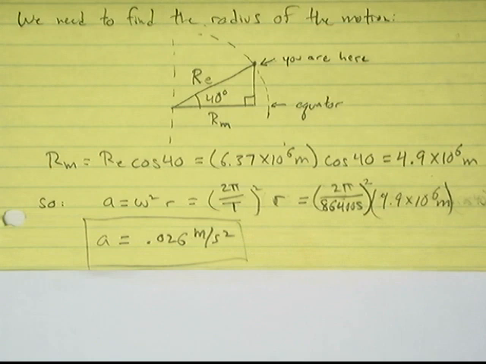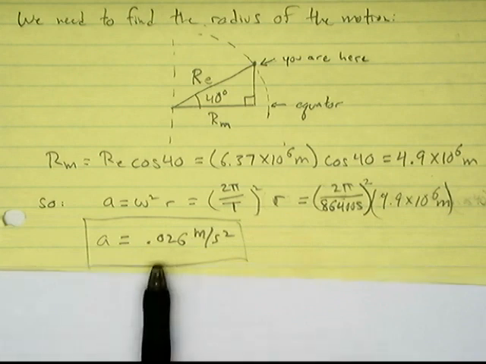Remember that I did that problem yesterday where I said, well, if you're at the equator, how fast would the Earth have to be rotating in order for you to float? So basically that's what this is saying. In order for us to just barely have enough acceleration to move around that circle at the radius we're going at and at the speed we're going at,